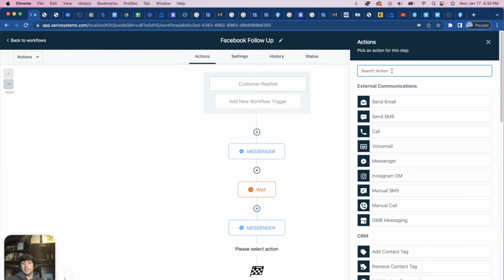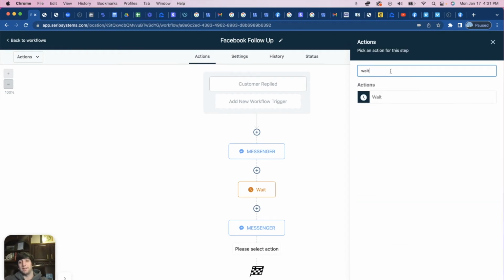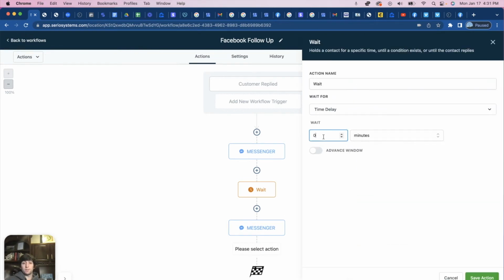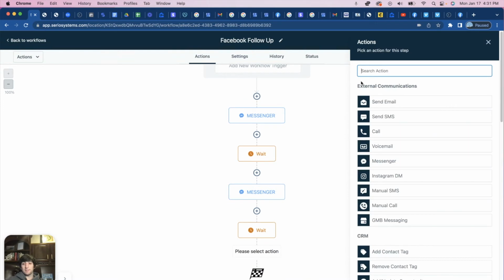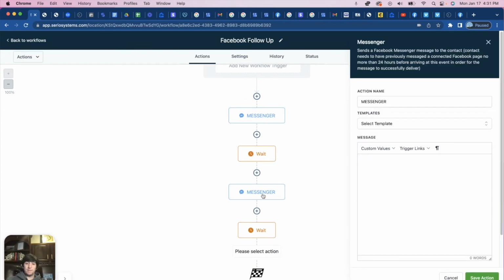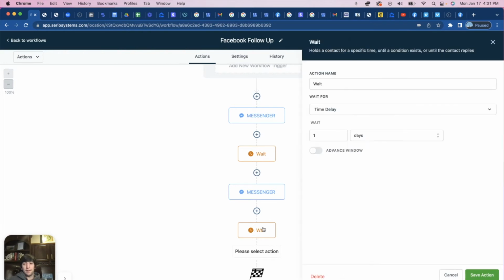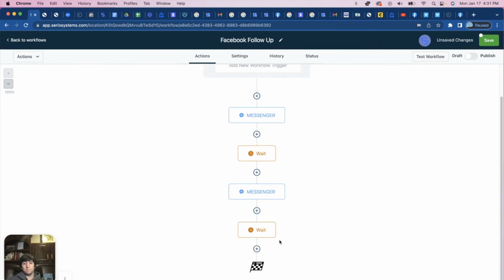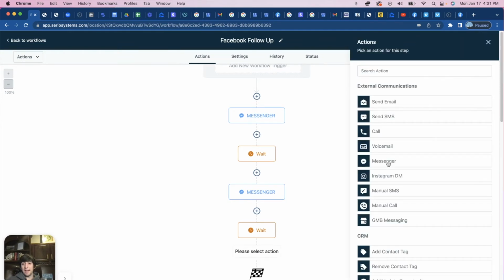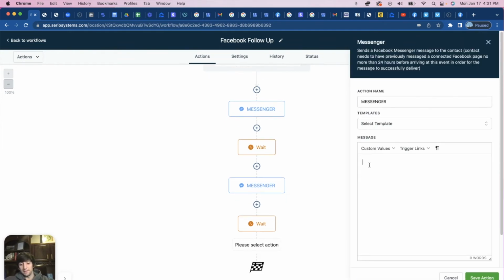And then I always like to add one last one, in case we're doing a short and sweet 2 or 3 day follow-up. So we're going to wait one more day, save that action, and add the last Messenger here. For this one, if I'm only doing 3, I'd actually change this to about 7 days. I'd wait a full week. And then I would add in the last Messenger and say,